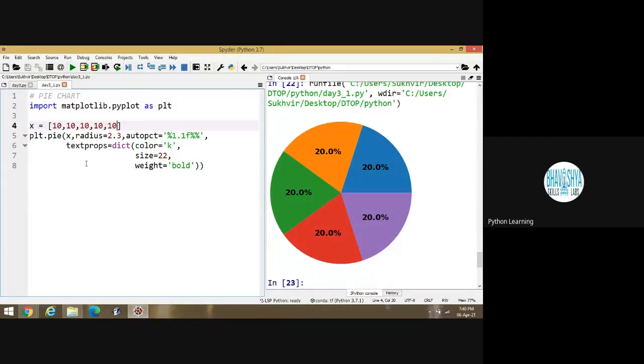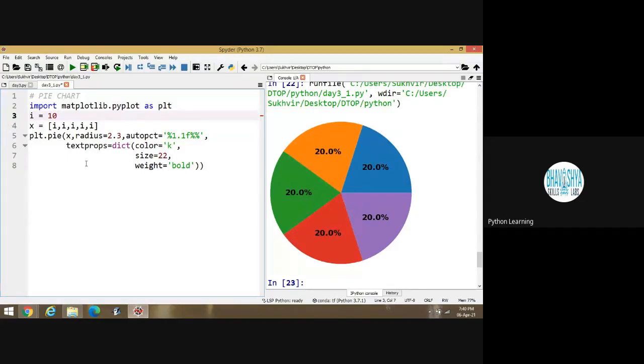Should I continue? Should I continue with the topic? Yes, sir. Okay. Suppose I am writing all the values as i, like this, and I am initializing i is equal to 10.